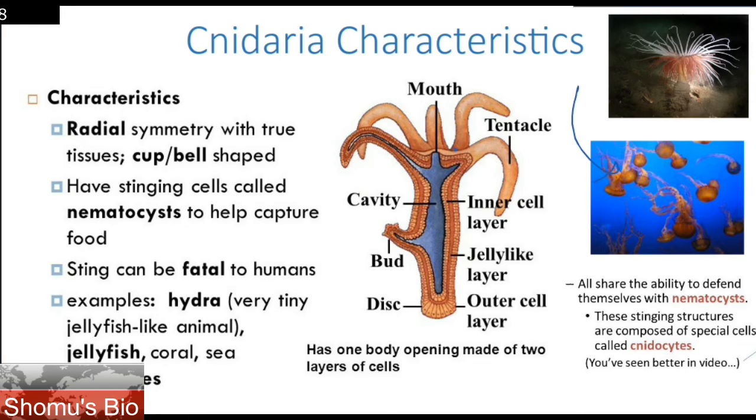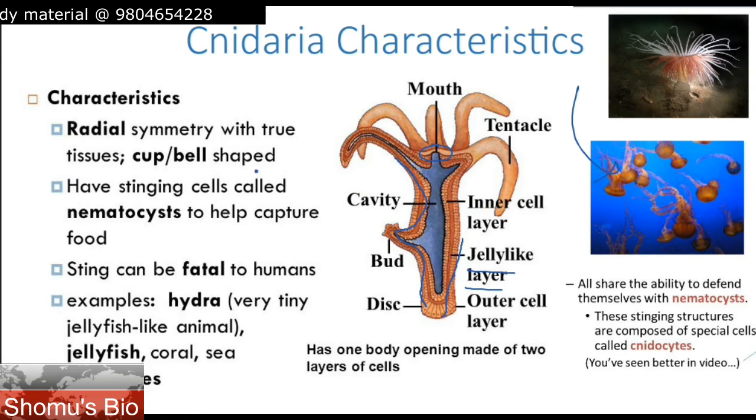So if you look at here, Hydra, very tiny organisms here. Jellyfish is not that tiny though, but Hydra is very tiny, where they have mouth, they have tentacles to capture the food, and the cavity that is present in the center. Although the cavity is open, nothing is fragmented there inside, but a layer of tissue starts forming outside, and surrounding that layer a jelly like layer is present on the outside. So two separate layers, inner layer and outer layer, and a jelly like layer is present in between the inner and outer layer. Okay,